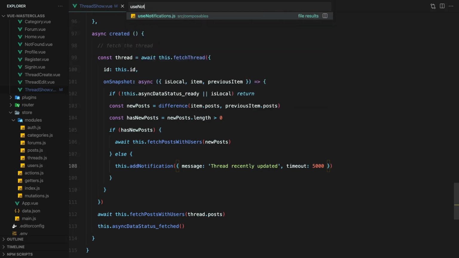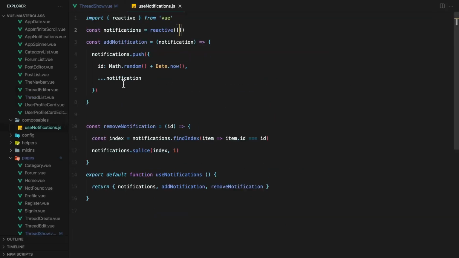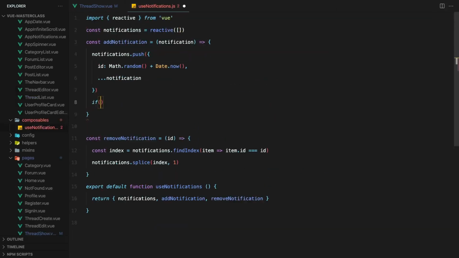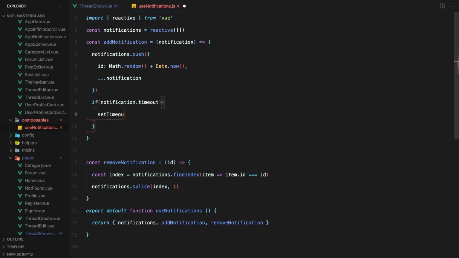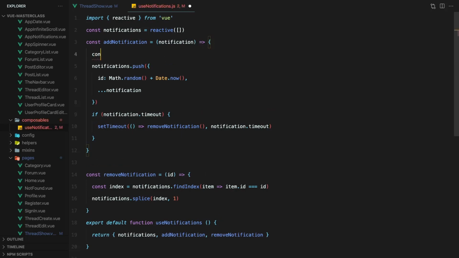Now, in the composable, we can check if the timeout option exists. And if it does, use it to call remove notification after the specified timeout. To access the ID to pass to remove notification, we'll need to store it in a variable first.